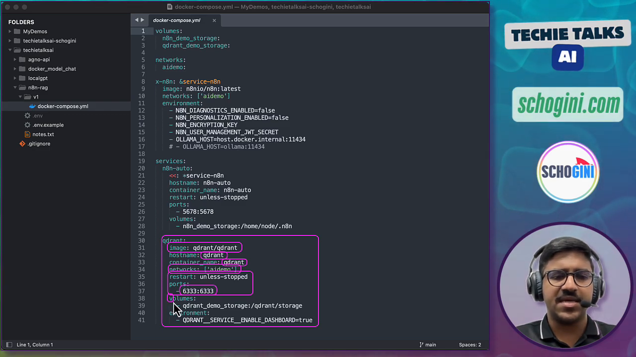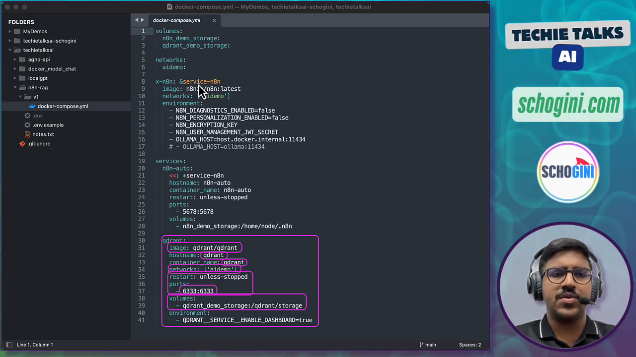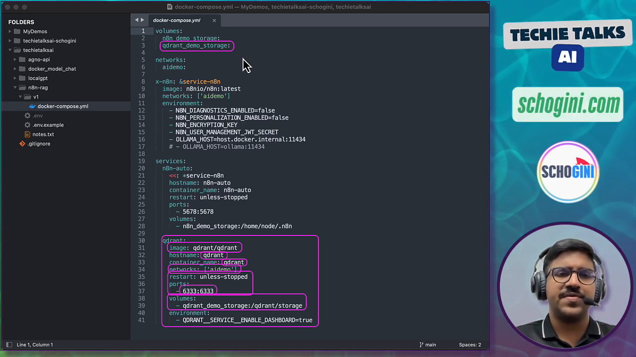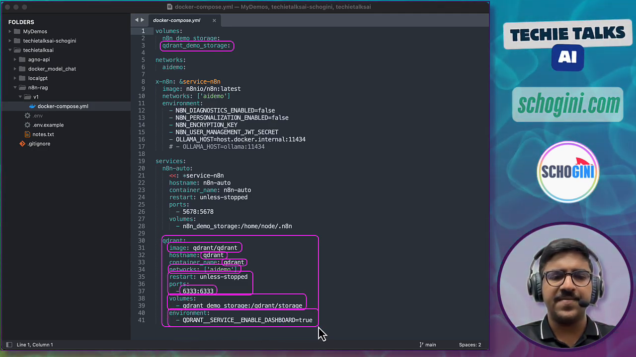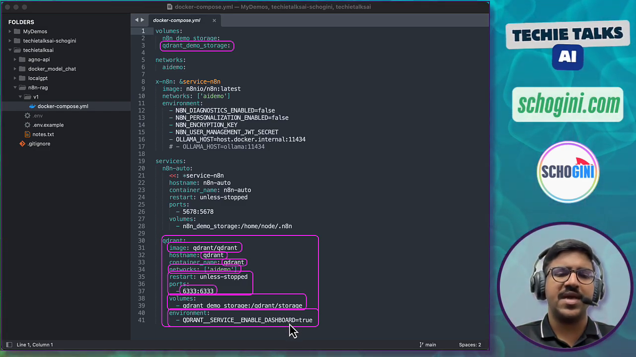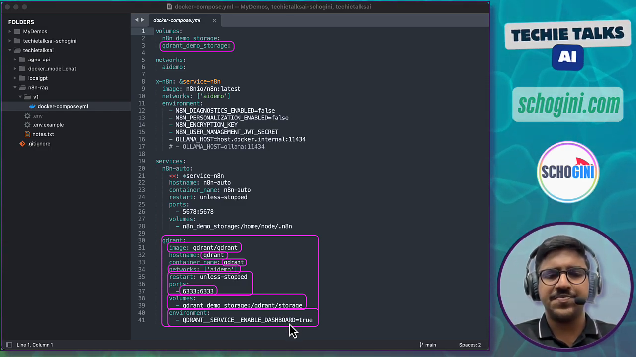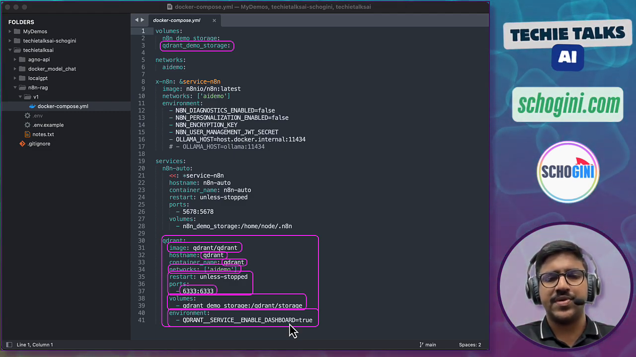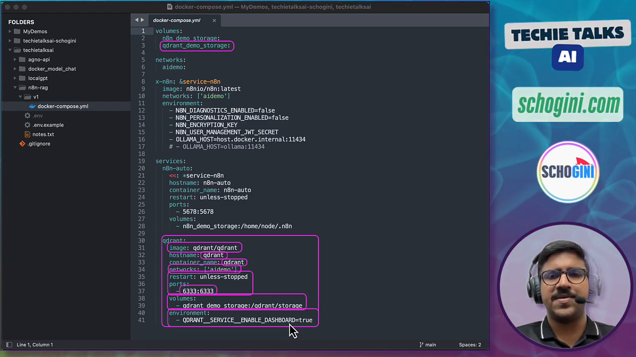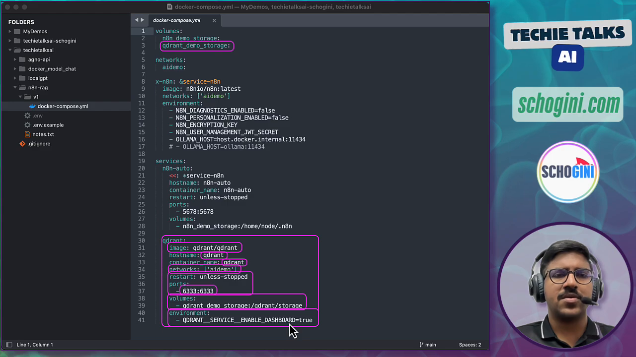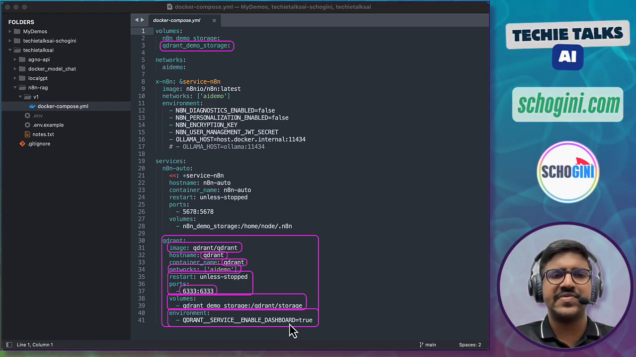And here we are setting the volume mapping for our Qdrant. Qdrant storage, we are mapping it to the Qdrant demo storage volume so that it will persist the data even after we terminate the container. And finally, we are setting the environment variable to be used for Qdrant: Qdrant service enable dashboard. This will ensure that we have dashboard access to our Qdrant service. So you will be able to visually interact with our Qdrant service if you have this enabled. So that's it. This is a very simple Docker Compose YAML